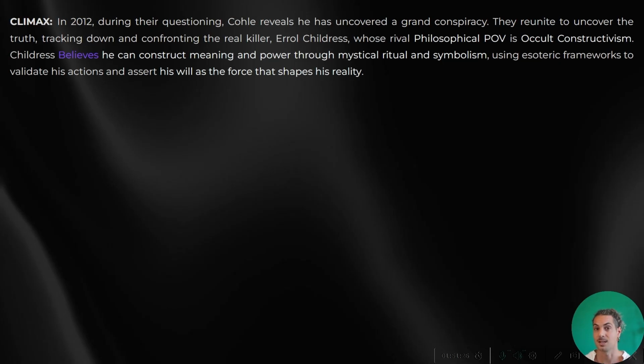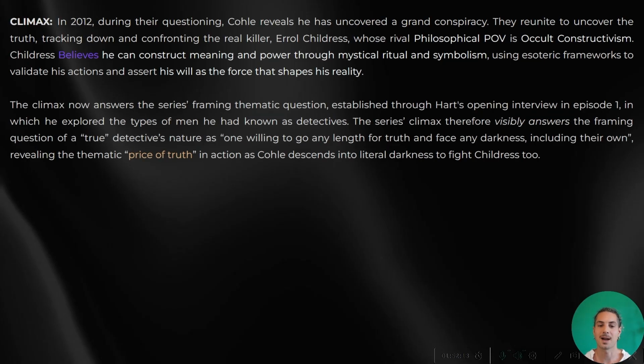Cole believed that nothing he does has any point, and his actions are ultimately pointless, and he's confronted with Errol Childress, who believes that his will can shape his reality. This climax now answers the series' framing thematic question, which was established in episode 1 in Hart's opening interview, in which Hart explored the types of men he had known as detective to raise the question of what a true